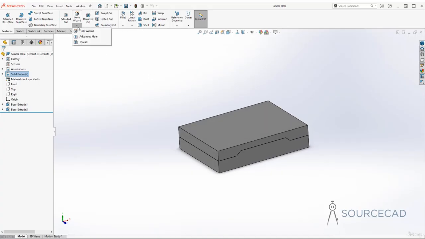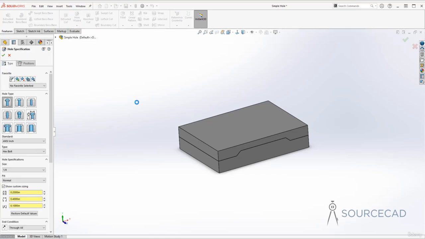If you click this arrow, you can see we actually have three different options here. So we have the simple hole wizard, then we have advanced hole and thread. We'll talk about all of these. Let's start with hole wizard first. Alright, now this is what we have. Well, the first option here is favorite, and we'll get to that in a moment. This will actually let you create your favorite set of hole and save it permanently, but for now we'll start